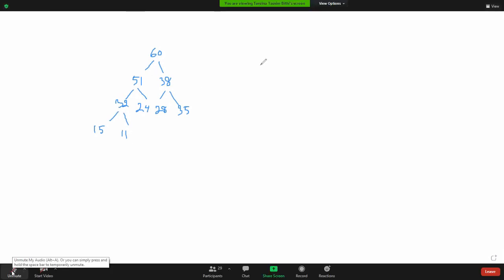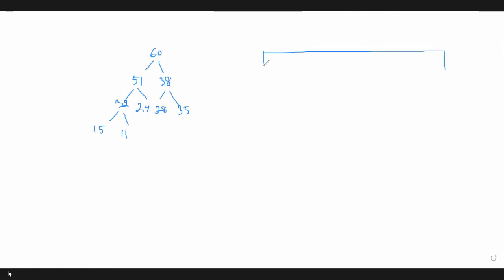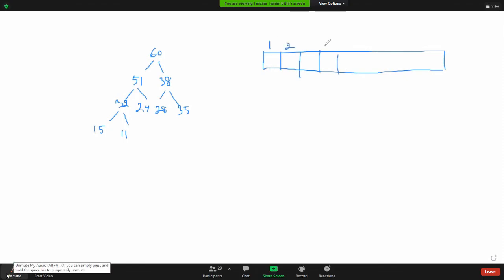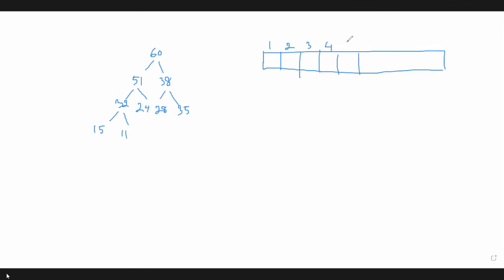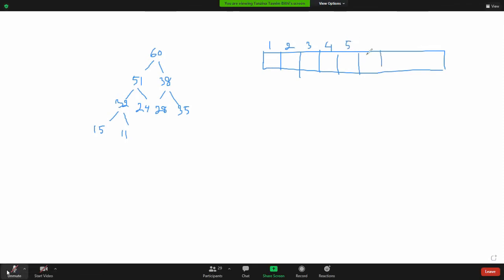In a complete binary tree, you can easily store the nodes in an array. How many nodes are here? 9 nodes. These are the positions of the nodes: 1, 2, 3, 4. And now check whether it is a max heap or not. Check the value of its parent node as well as the child nodes. Is it a max heap? Yes, ma'am. Yes, because 60 is highest. The root node is the maximum value. All children are lower than their parent node, so 60, 51.